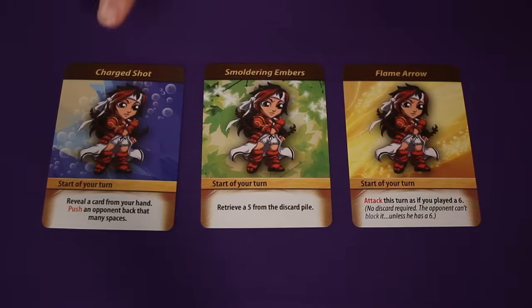Alright, so the first character we have here is Jaina, and this was first proposed to us in the YouTube comments by David Flagel, and it got the most votes in the end. And this is the character that Andrea is going to be controlling. So the first ability that this character has is the Charged Shot. At the start of your turn, you can reveal a card from your hand and then push an opponent